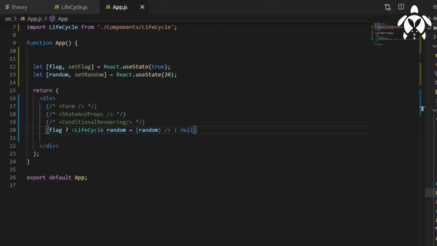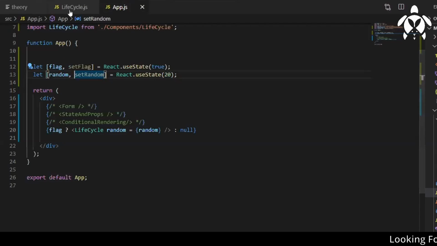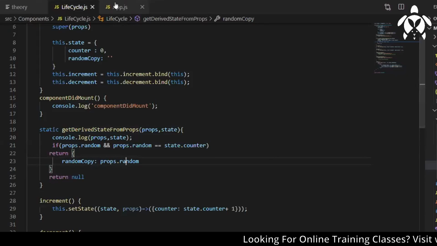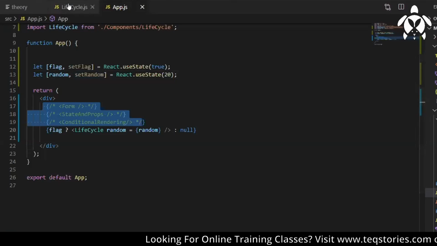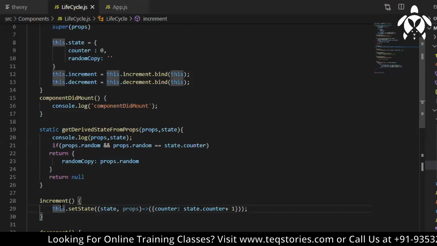Lifecycle is a child component, app.js is a parent component. Whatever changes you make in your parent, your child component lifecycle will also get called on every change. The render method will be called again in Lifecycle also.